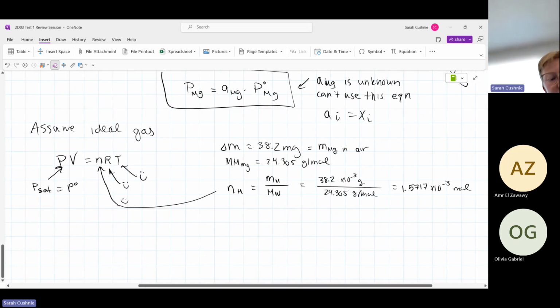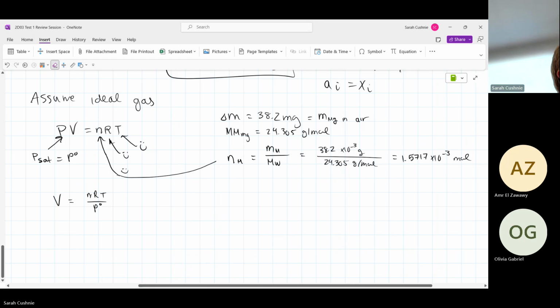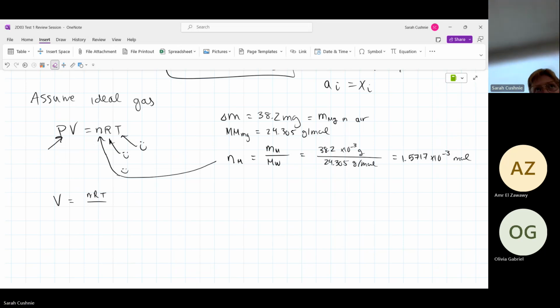Yay. What we can try and find is the actual volume that this all takes up. So we're going to say V is equal to NRT divided by P. And then we're going to use a saturated pressure here. Oh, I lied. We're not going to use a saturated pressure. Why did I say saturated pressure? We are going to deal with the entire system itself. We have the argon gas that's passing over top, and that's just going to be 1 atmosphere, because we're dealing with the whole jazz. What am I doing? Oh my gosh.